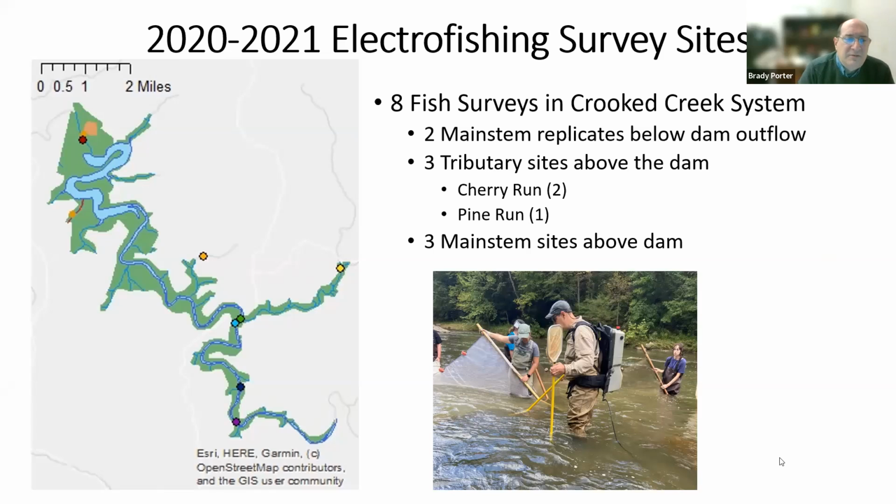Great, thank you, Beth. So this project got started with URQ and the data that Beth just presented, and then that led to funding from the U.S. Army Corps of Engineers, who contracted us to do fish surveys, electrofishing, and to continue to take water quality at these electrofishing sites. So over the last 2 summers, we've